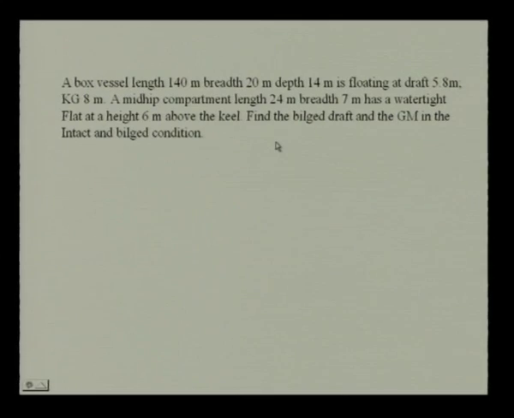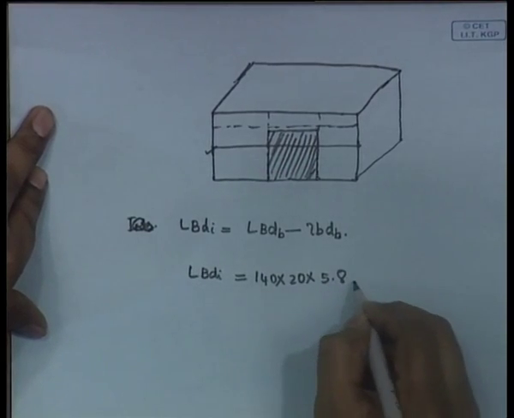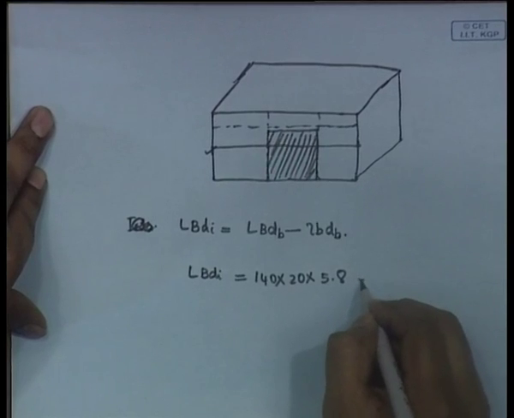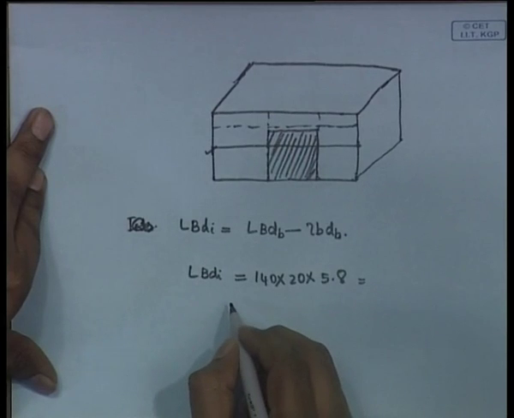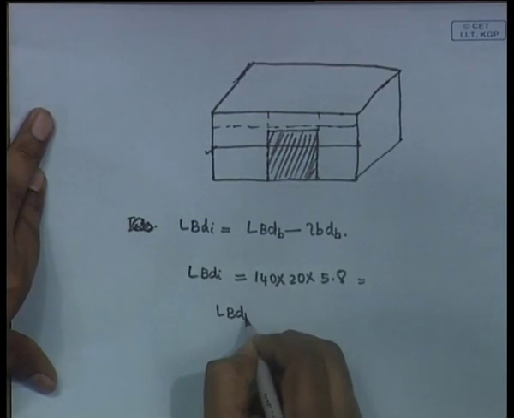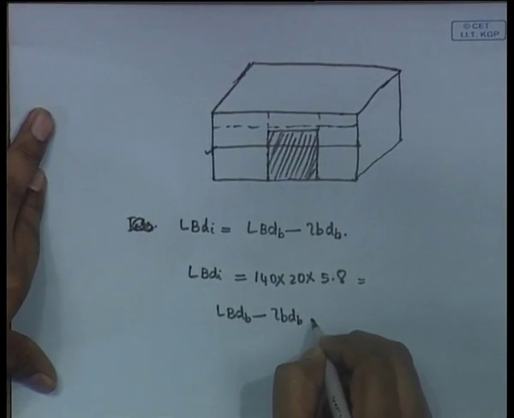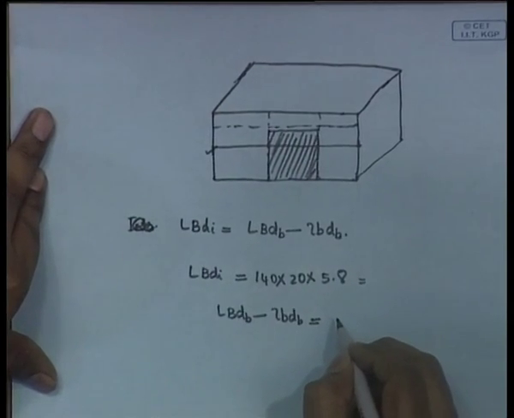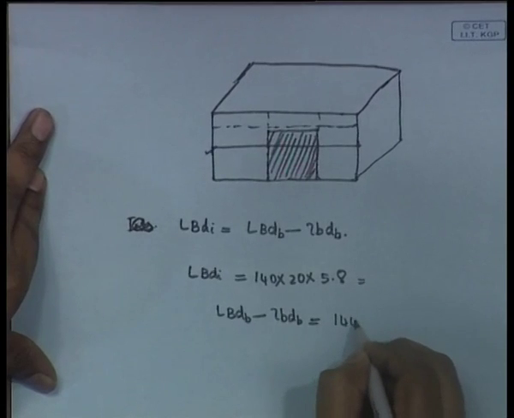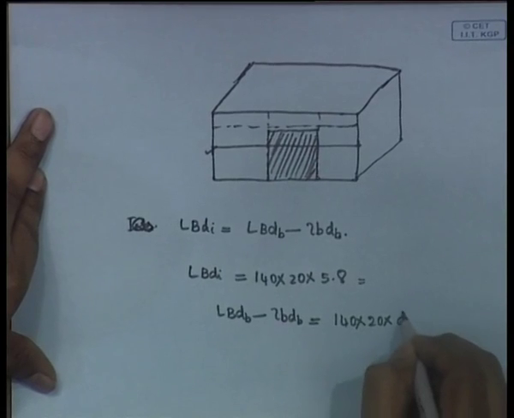Okay, length is 140. So, 140 into breadth is 20 into initial draft is given to be 5.8. So, this is your initial volume before bilging, intact volume. Then the volume after bilging becomes LBDB minus lbdb, which is equal to LBDB is 140 into 20 into dB, which you do not know, minus